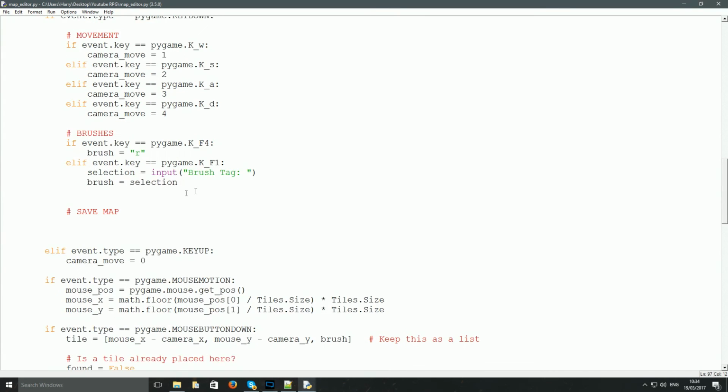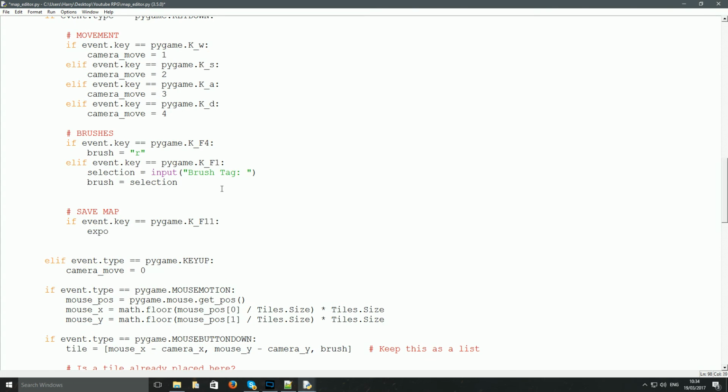All we have to do is just say if event.key is equal to Pygame dot key F11. Then we're going to say export map,